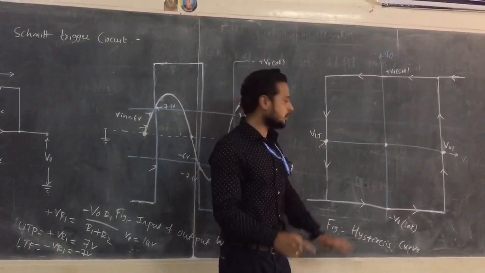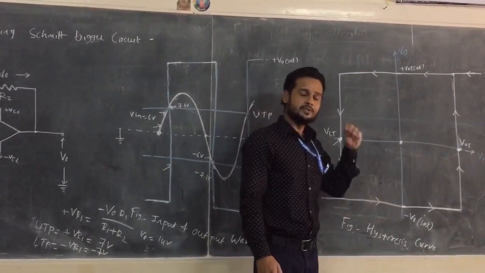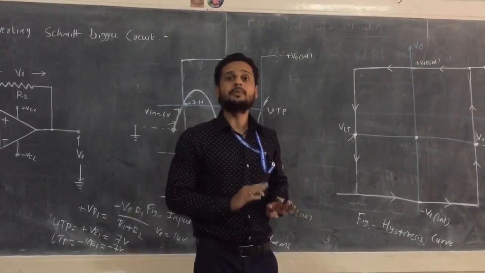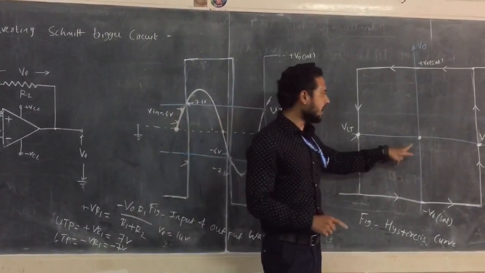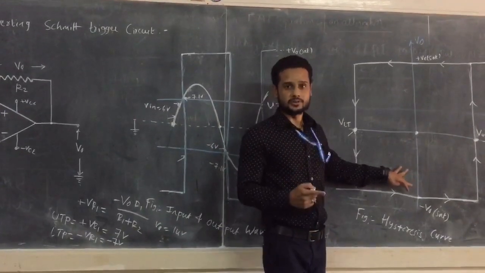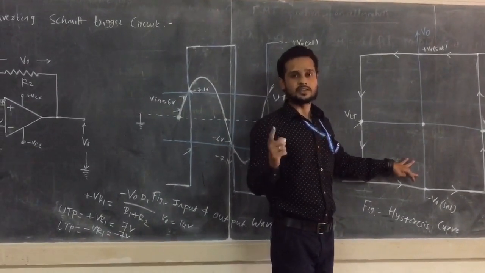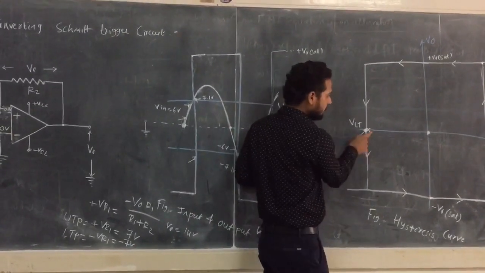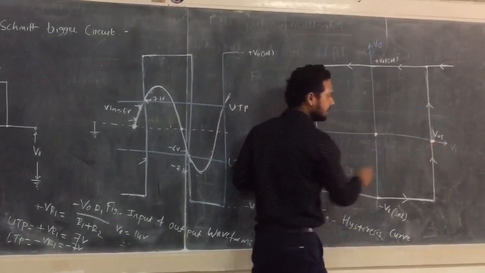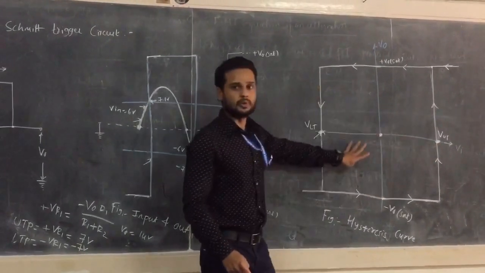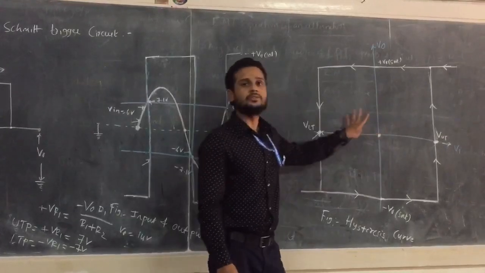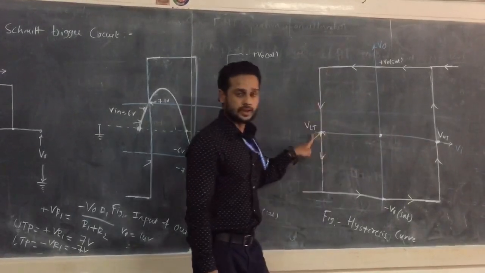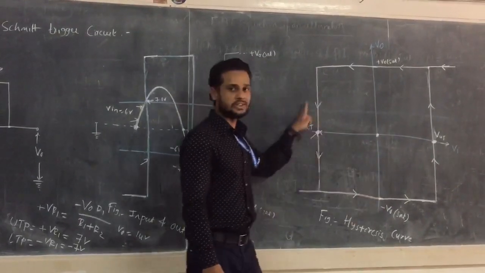Now, what is the main purpose of this hysteresis curve? You want to eliminate all the noise present in the input signal. You should avoid any false switching of the output voltage, which is not acceptable. Whenever input voltage lies between the lower triggering voltage and the upper triggering voltage, there is no variation of output voltage and no false triggering. Only when the input crosses either of these two triggering voltages does the output voltage change its position.